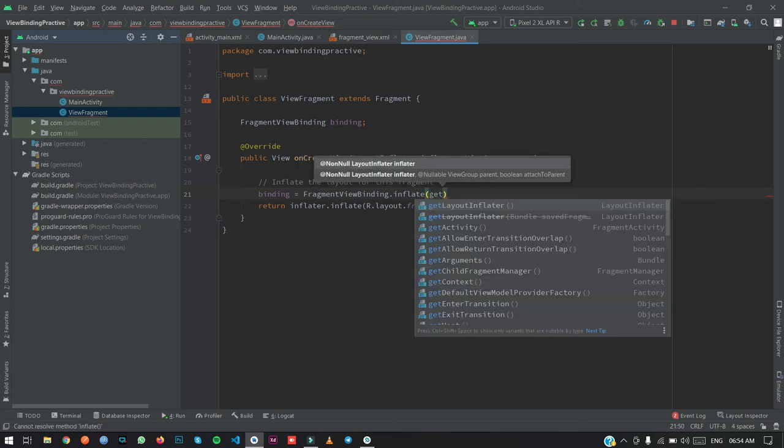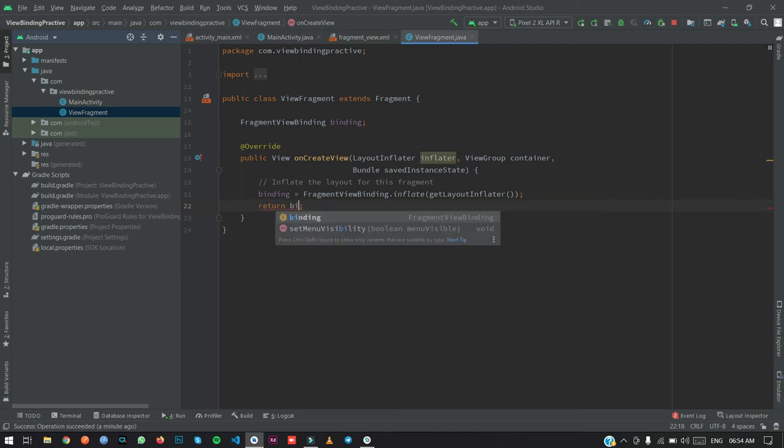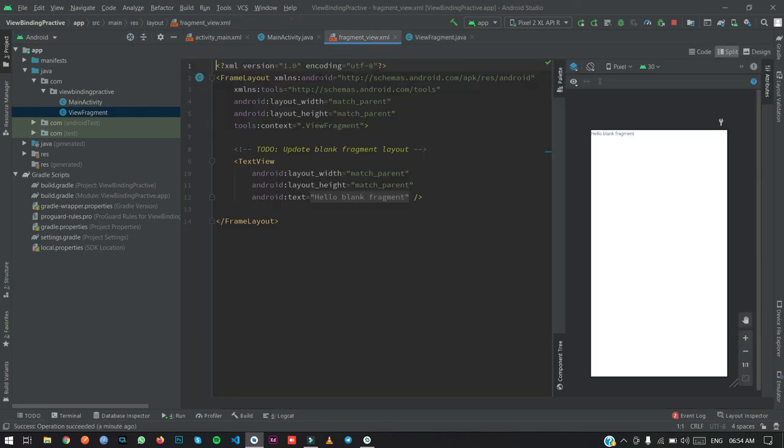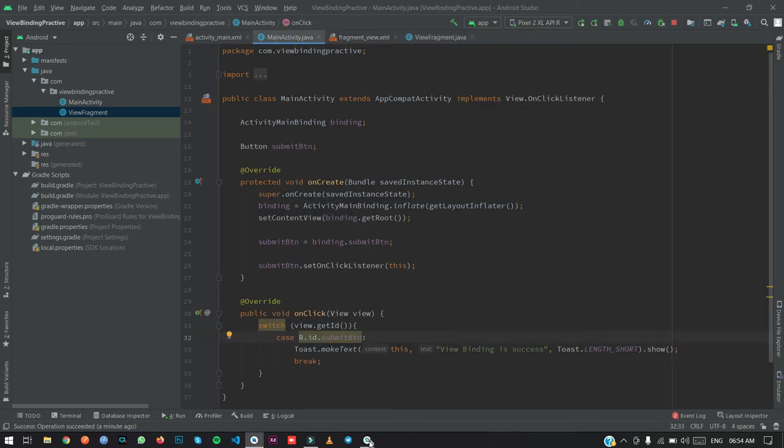So now you have to do getLayoutInflater. Then you just need to delete all these things, and you have to type binding.getRoot(), where currently the root layout is a frame layout. So you can change it. Now if you see, this is its root layout. Okay, so our app has run now.